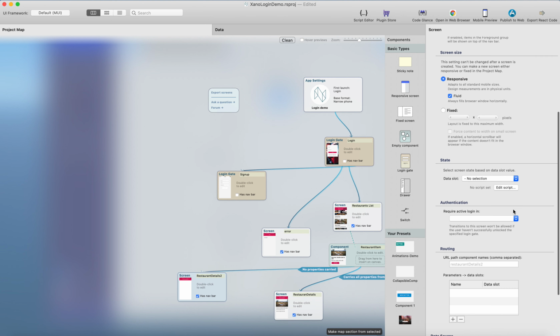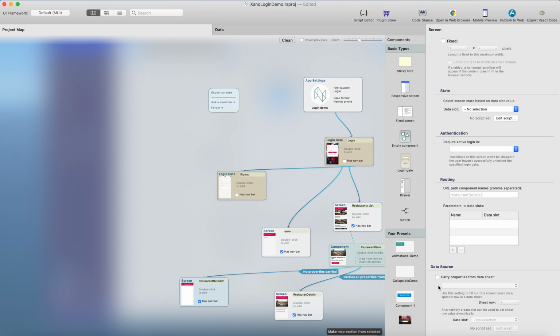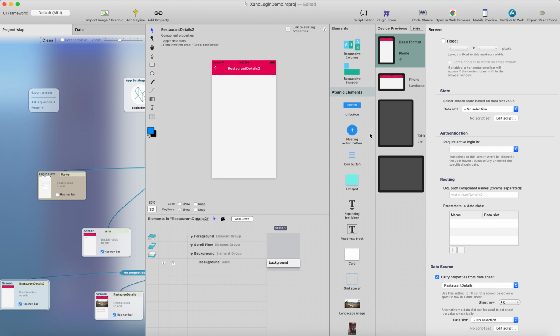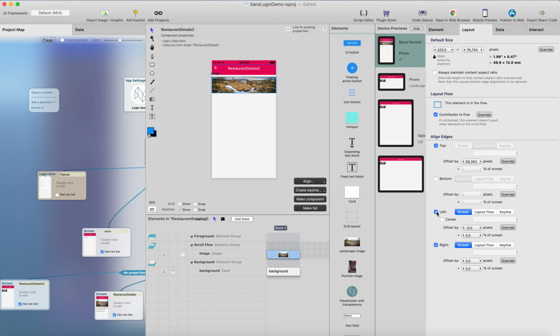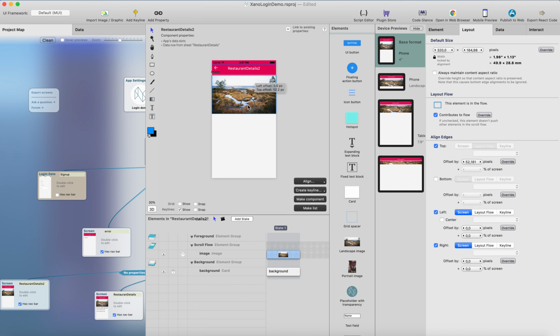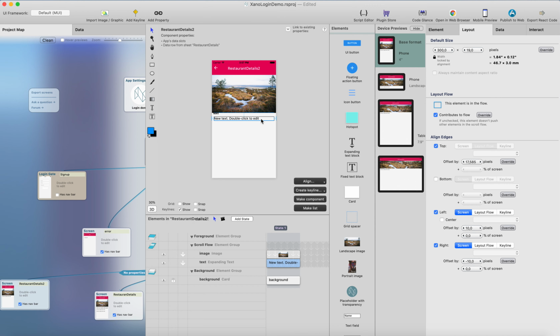And here I can just set the data source for this screen and just carry properties from datasheet and use the restaurant details data row here of datasheet, and now it will always use the first row of this datasheet as a data source for this list. And then let's add the elements for showing the data, and we need a couple text elements here as well. This will be the restaurant name and address,